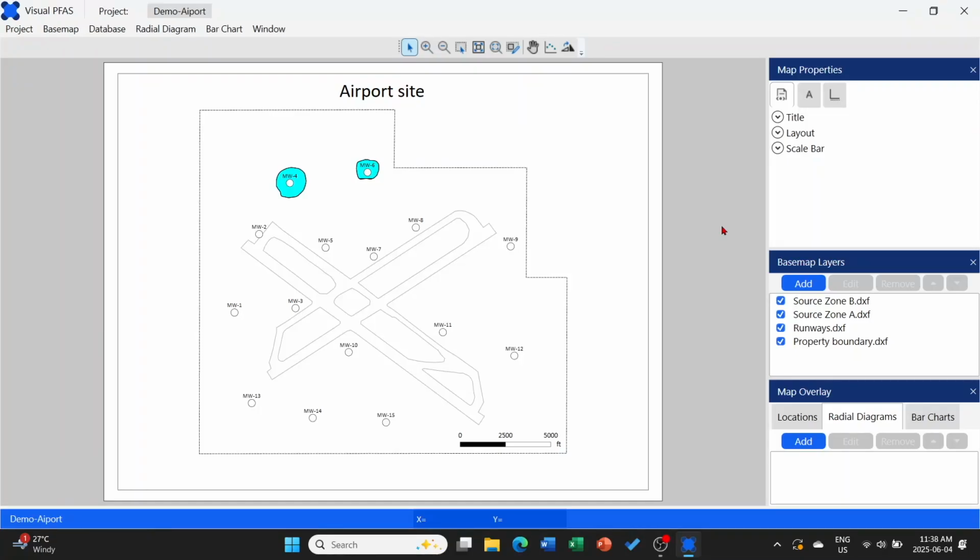Welcome to this Visual PFAS tutorial where we'll explore how to create radial diagrams which help to evaluate PFAS trends. In this tutorial, we'll be using the airport demo data file included in the Visual PFAS installation package. We'll be creating radial diagrams that show concentrations for various sulfonates as explained in detail in the Visual PFAS user